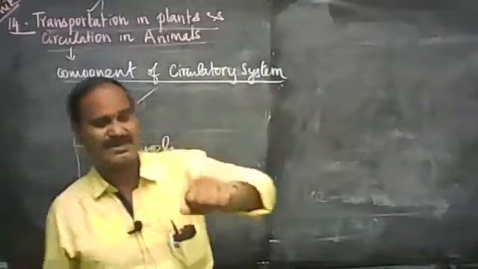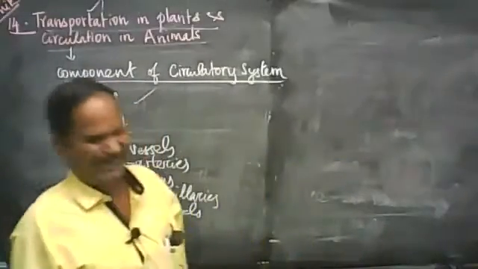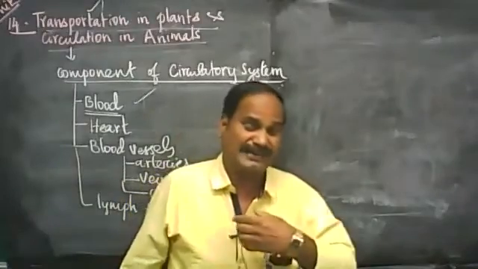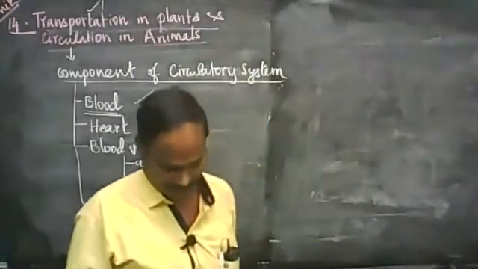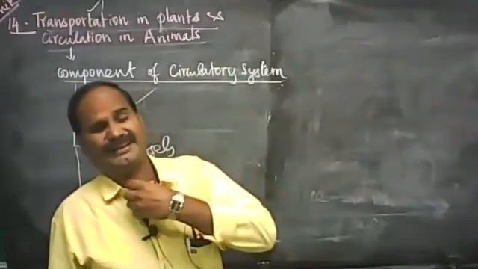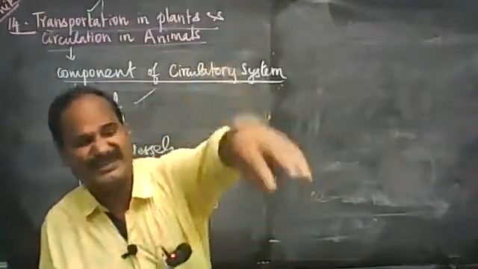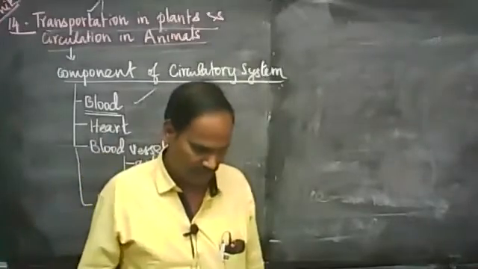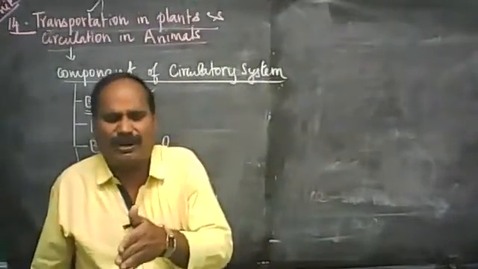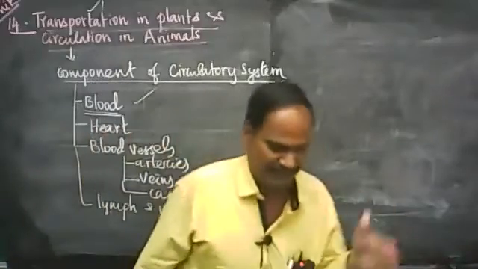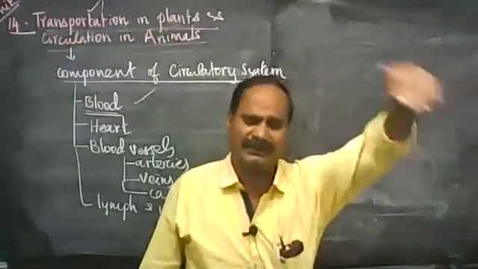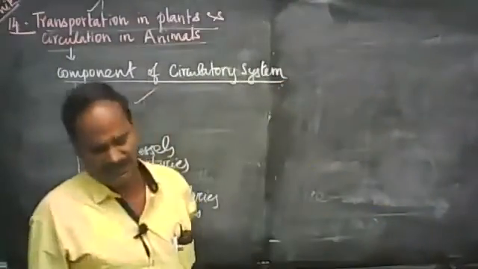The circulatory system also transports hormones from endocrine glands into various parts of the body. The hormones which are secreted from endocrine glands are transported to target tissue. Likewise, materials from one region of the body are transported into another region, as in the case of plants, how nutrients and water are transported from one region into another region.